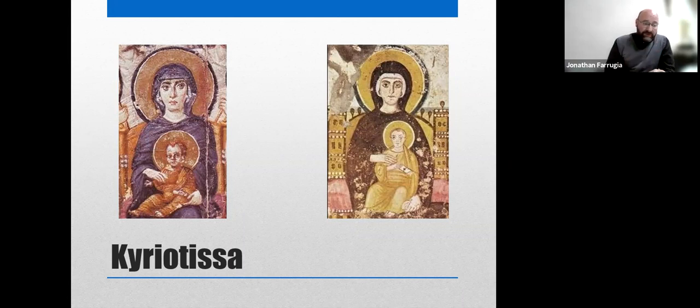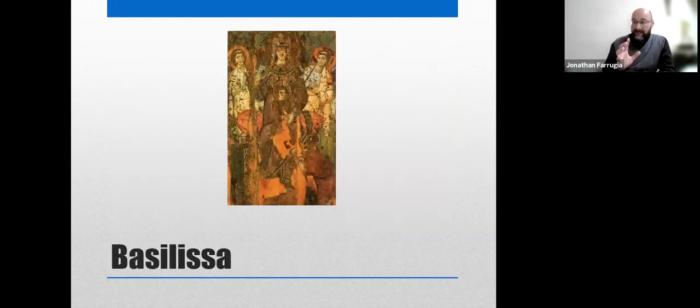Now, there is also a variant of this, a variant wherein Mary is found in the same posture, therefore seated, facing the public, and with Christ seated on her, but this time Mary has an imperial crown on her head, okay? And this version is called the Basilissa. Basilissa comes from Basileus, which means king. Therefore, this is the lady, while the Basilissa is the queen or the empress.